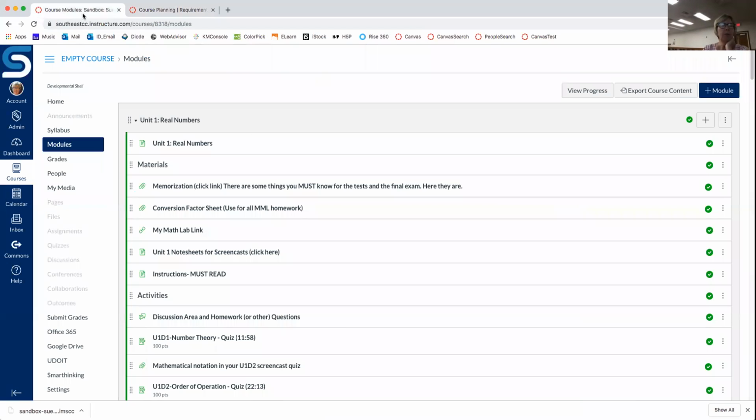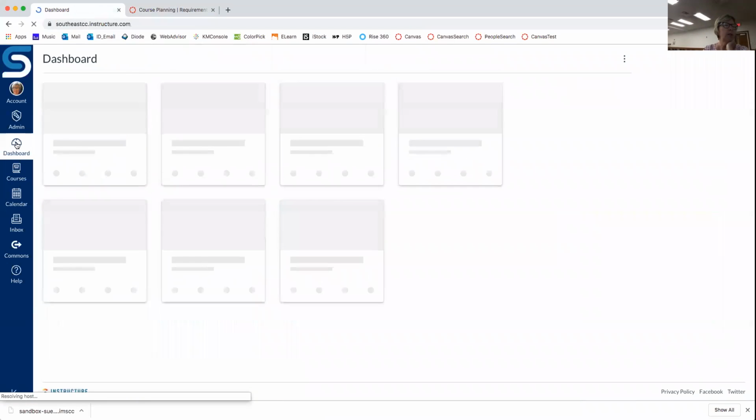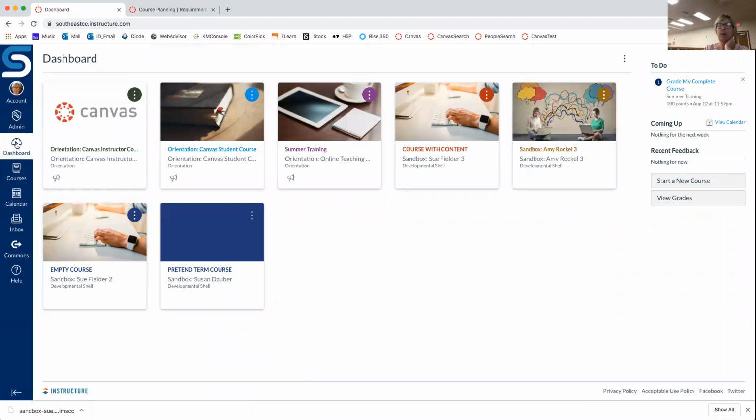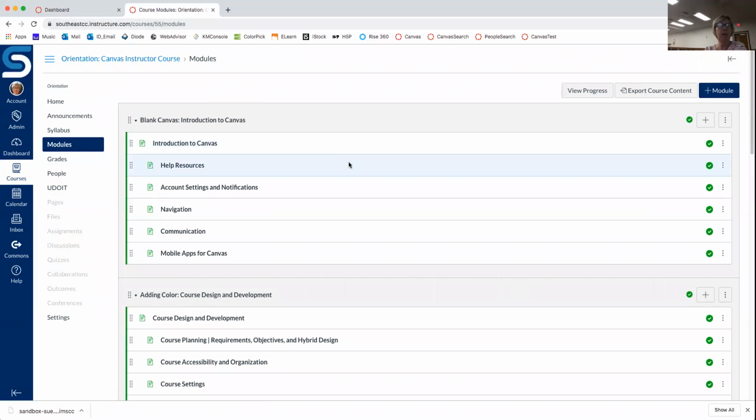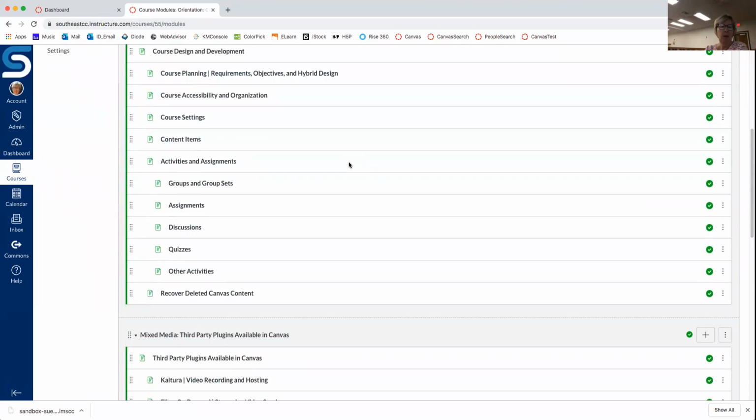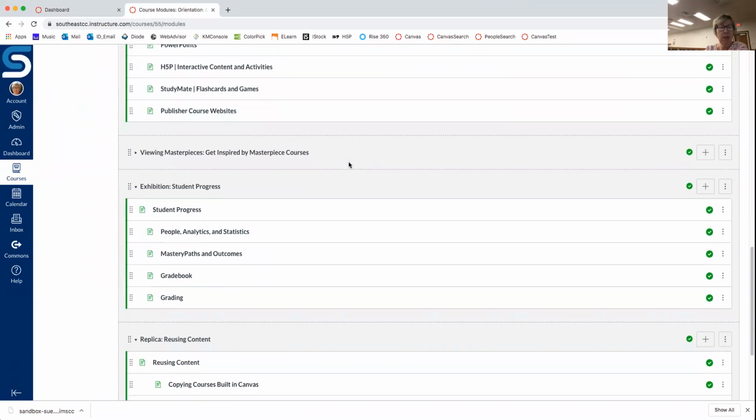You do have to be an instructor in the course, or a teacher in the course, both the master and the term, to copy a course. And so let's say you want to allow someone else, another instructor, to use your master to copy into a course. The instructions on how to do that are once again in the orientation course, the faculty orientation course, and